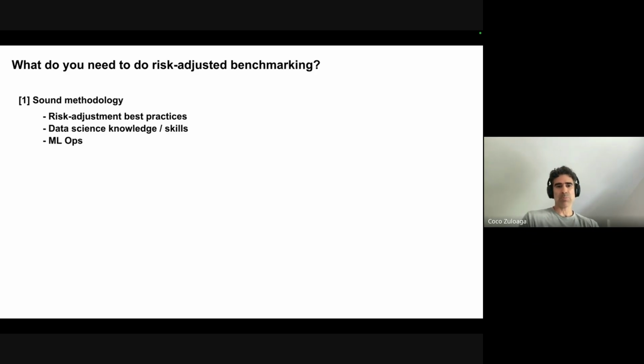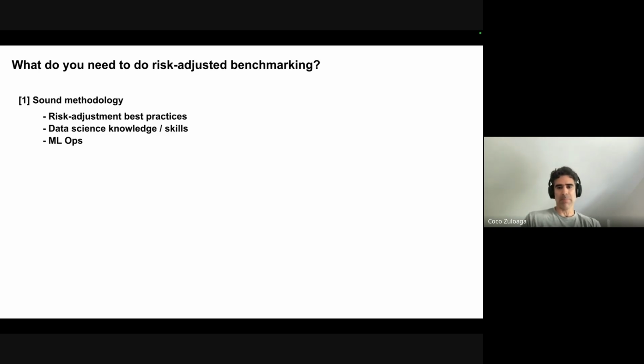You need ML ops chops so that you can put the models that you trained into production and generate risk-adjusted benchmarks on your own data. All of this is what we're open sourcing today. We're open sourcing the knowledge of how to do it and the code for how to train the models. But this is no secret sauce. Like Aaron was saying, we've done this multiple times in the past as part of different teams. This is just best practices in the industry.